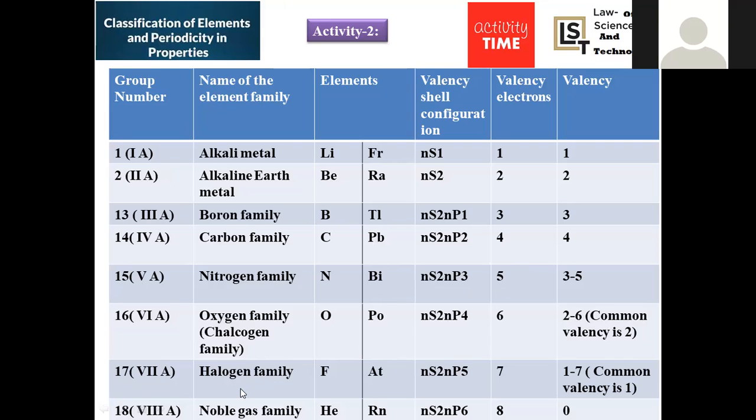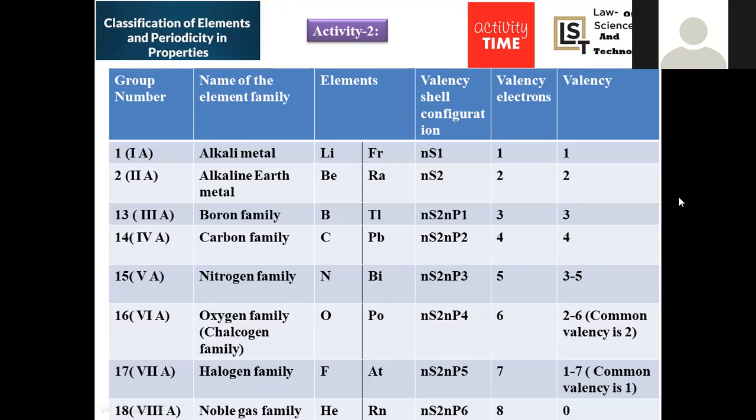The name halogen denotes that most of the elements of this family are extracted from the sea or marine salts. Elements start with fluorine and end with astatine. Astatine is regarded as a radioactive element, which is artificially synthesized, and whose outermost electronic configuration will be ns2 np5. The differentiating electron is present in the p orbital. Hence, you can say this is a family of p block elements. The outermost electron count will be 2 plus 5, totally 7 electrons in its valency shell.